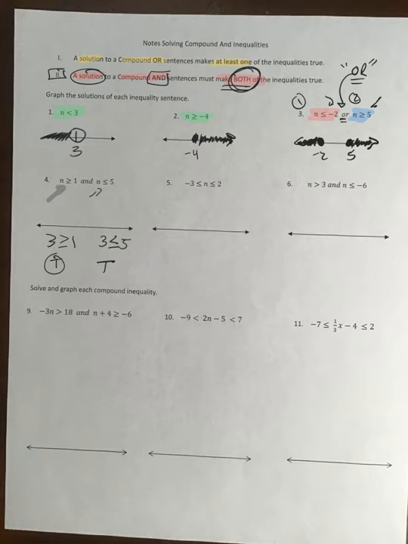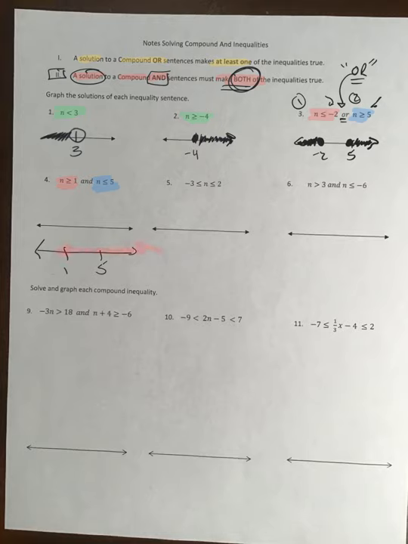So how are we going to figure them out? How are we going to quickly find all the solutions that will work for both? Well, this is the trick. We want to make a separate number line down here, and we're going to put 1 and 5, and we're going to put one of these in color. So we're going to put these in red, and we're going to put all the solutions to n is less than 5 in blue. So all the solutions where the numbers are bigger than 1 are from here forever